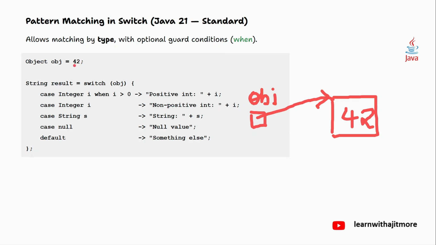ये 42 को क्या कर देगा? ऑटो बॉक्स। मीनिंग इस जगह पे क्या कॉल कर देगा कंपाइलर? इंटीजर रैपर क्लास की स्टैटिक मेथड वैल्यू ऑफ, और 42 पास। अब वो वैल्यू ऑफ क्या करता है? एक ऑब्जेक्ट क्रिएट करता है।